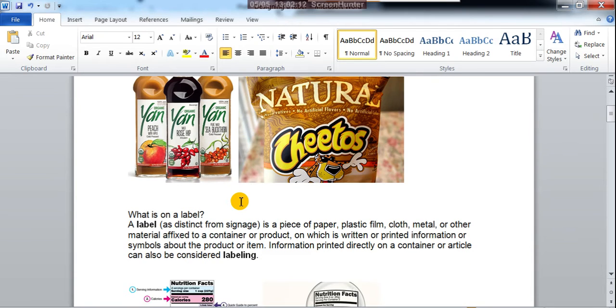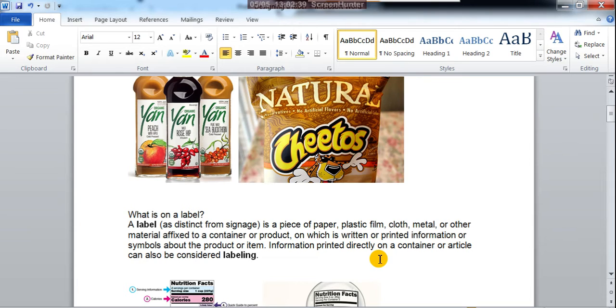And what is a label? A label, as distinct from signage, is a piece of paper, plastic film, cloth, metal, or other material affixed to a container or product, on which is written or printed information or symbols about the product or item.